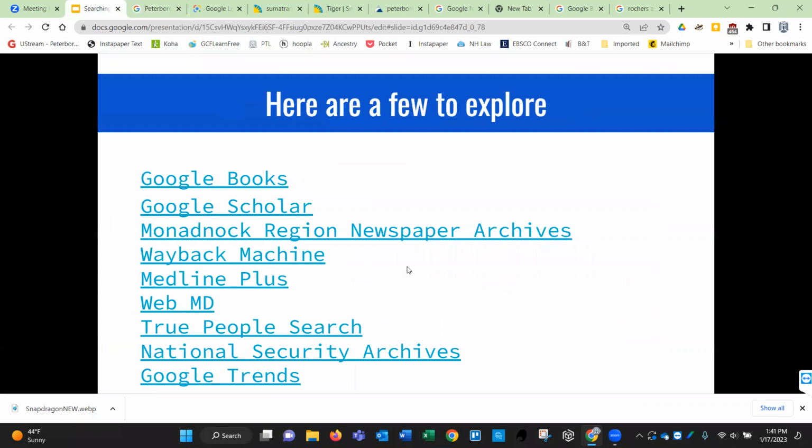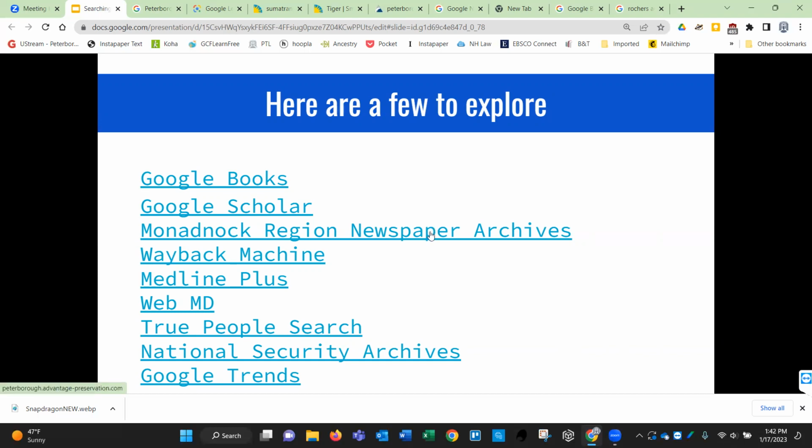Another really good one is Google Scholar. It's a freely accessible web search engine that indexes full text or metadata of scholarly literature across an array of publishing formats and disciplines. And it's peer-reviewed. It covers online academic journals, books, conference papers, theses, and dissertations. Depending on what you're looking for, that would also be a really good database if you're looking for that kind of specific information.